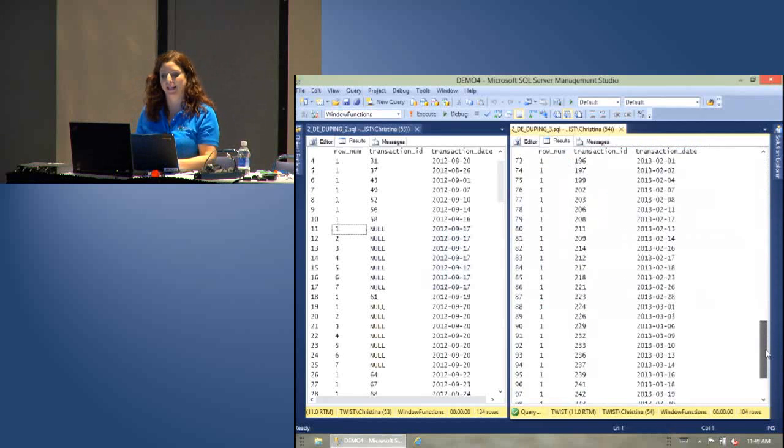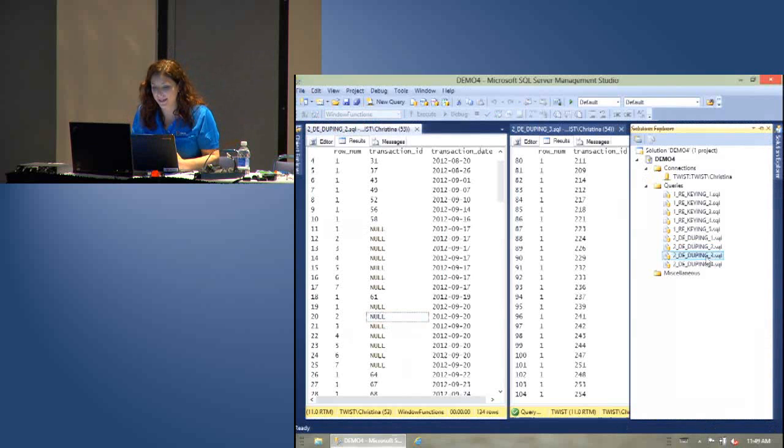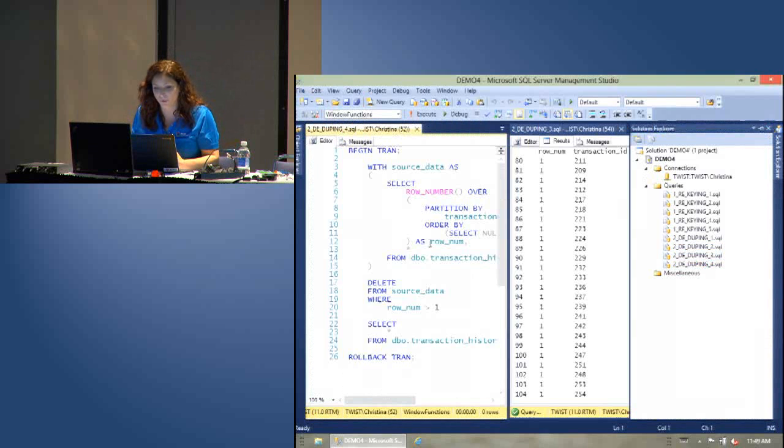And that excludes the duplicates, because we know the duplicates, we don't need the ones that are greater than 1 because those are the ones we want to get rid of, right? All right, so if we go to our next query here, number 4,